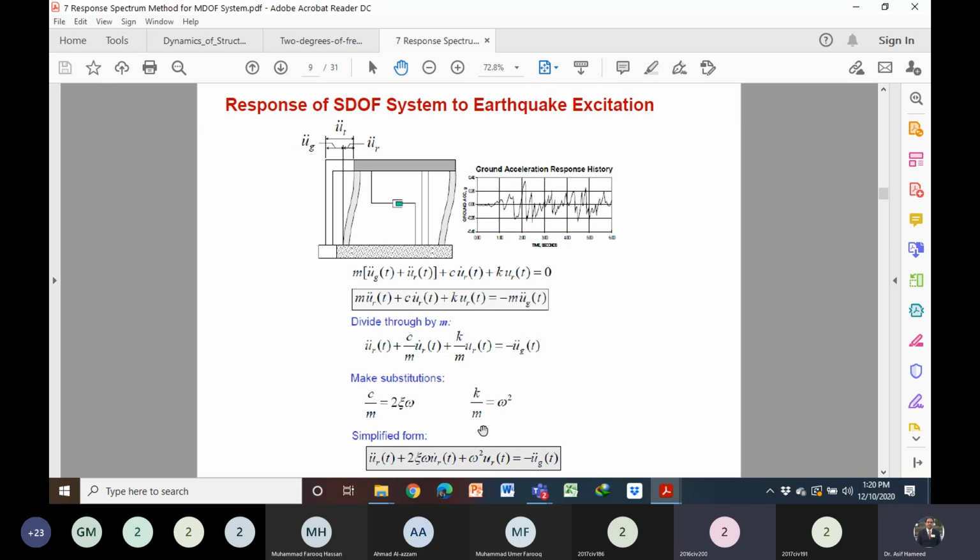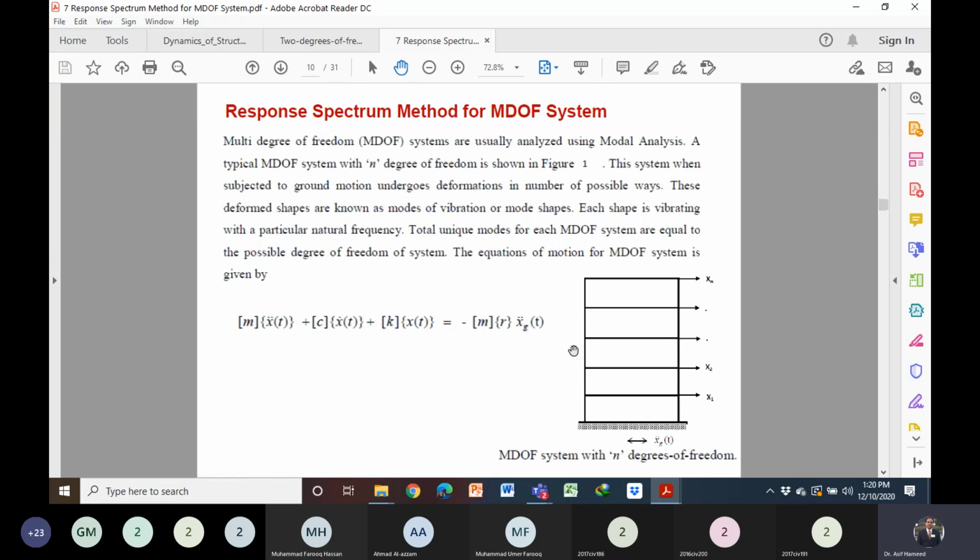Okay? Okay sir, thank you. As long as the ratio is the same, the response will be the same. When the ratio is different, the response may be different. In another way we can say that if two systems have the same mass but different stiffness, then their response will be different because their time period will be different. So it's a function of omega and zeta. It's not a function of k and m separately. It's a function of the k over m ratio. This is what I wanted to say.